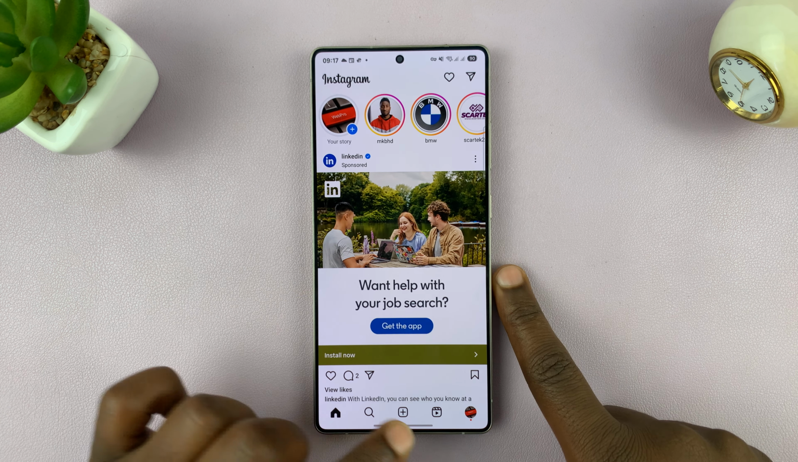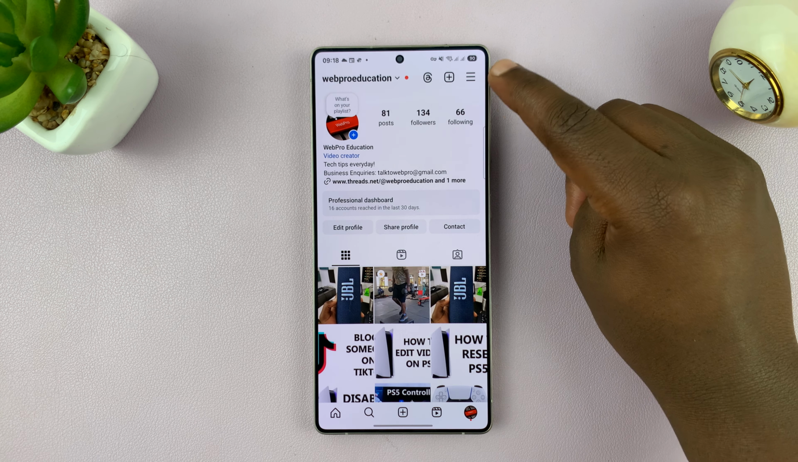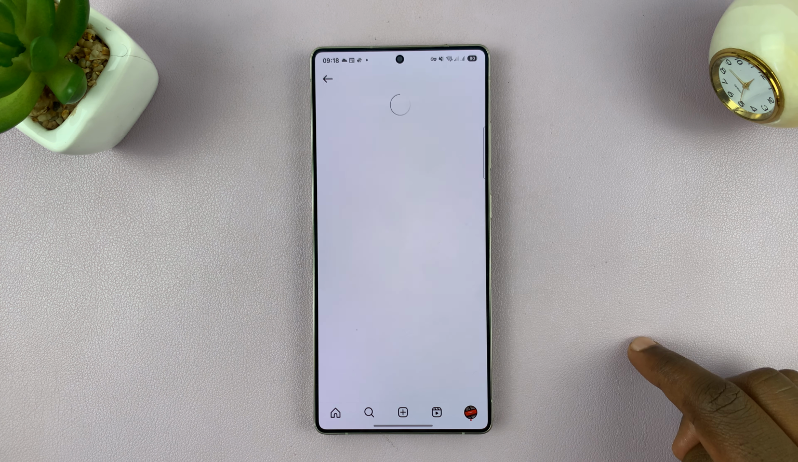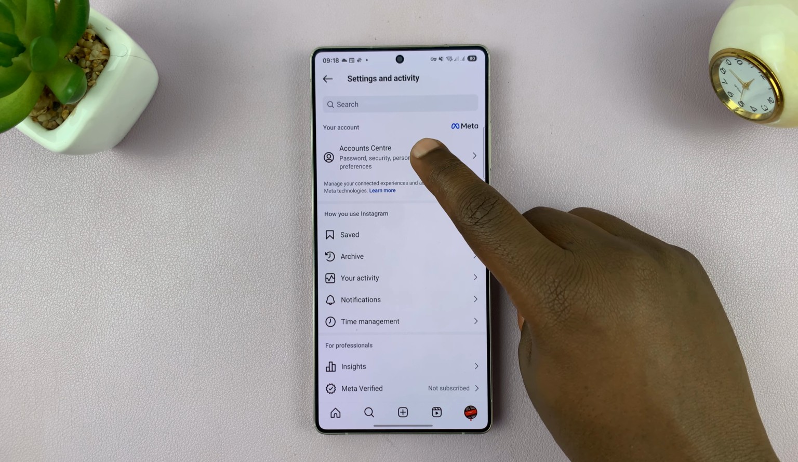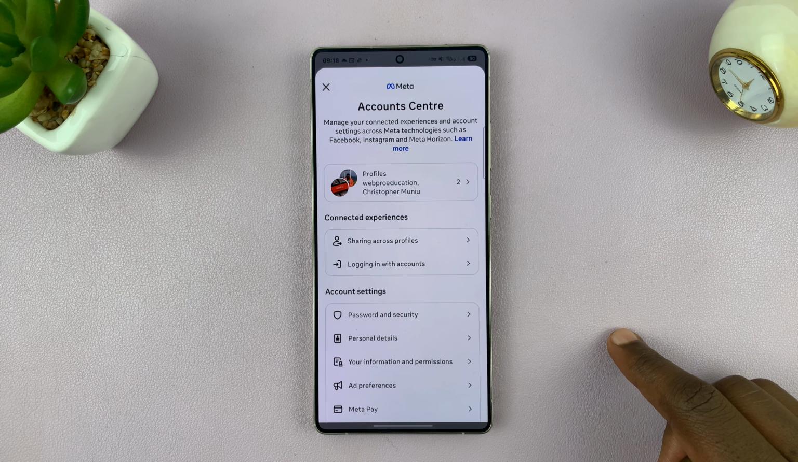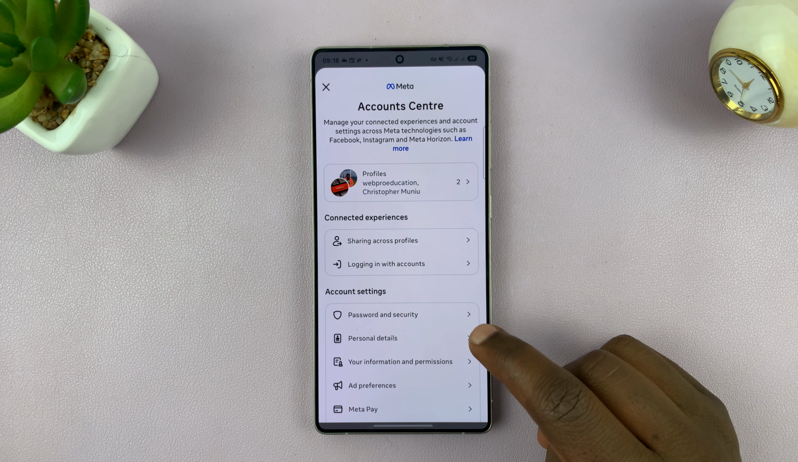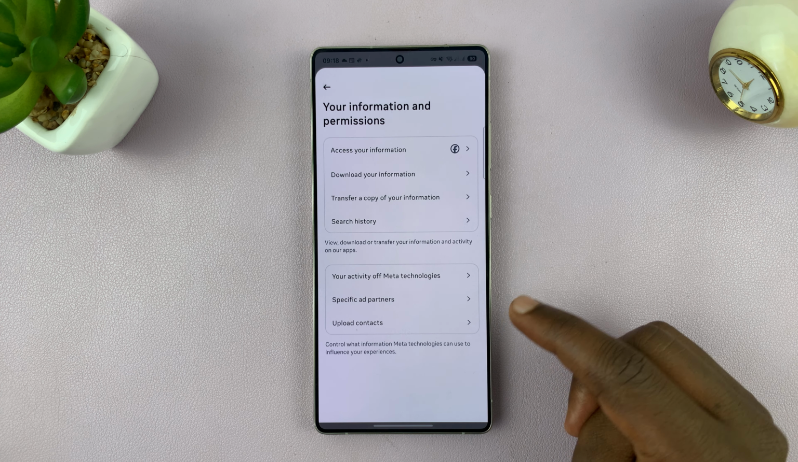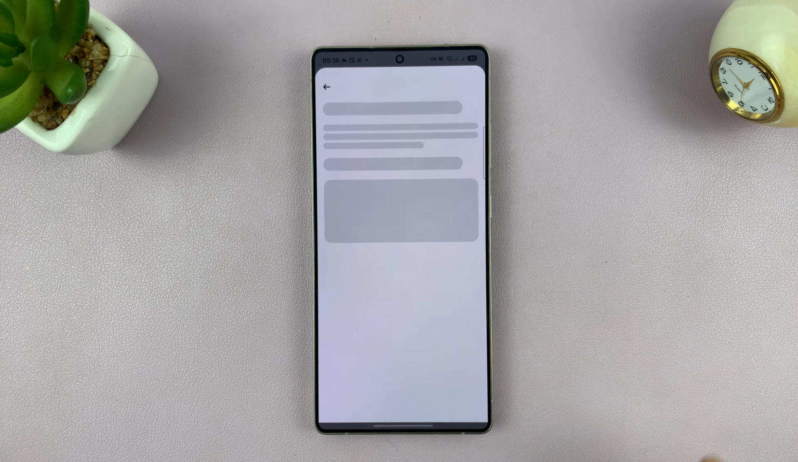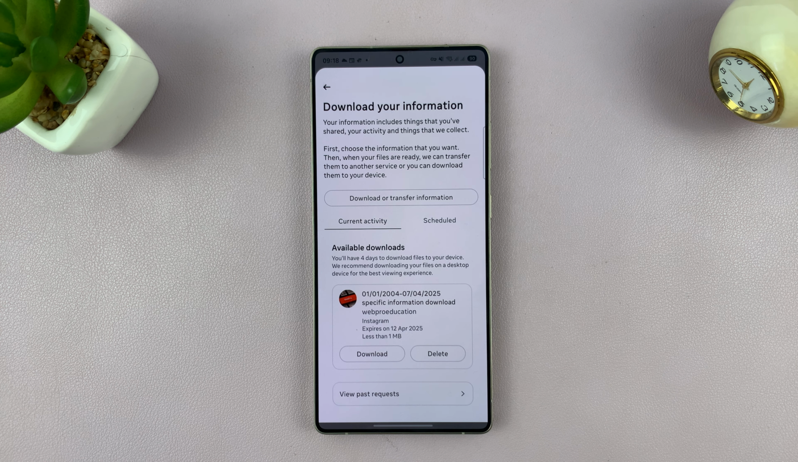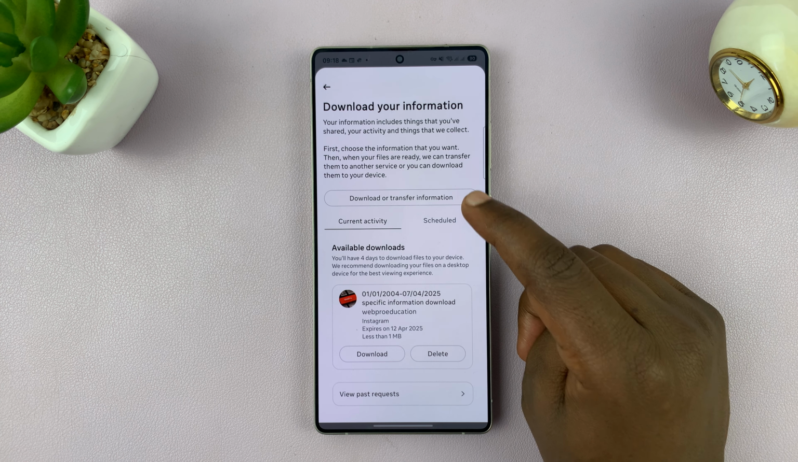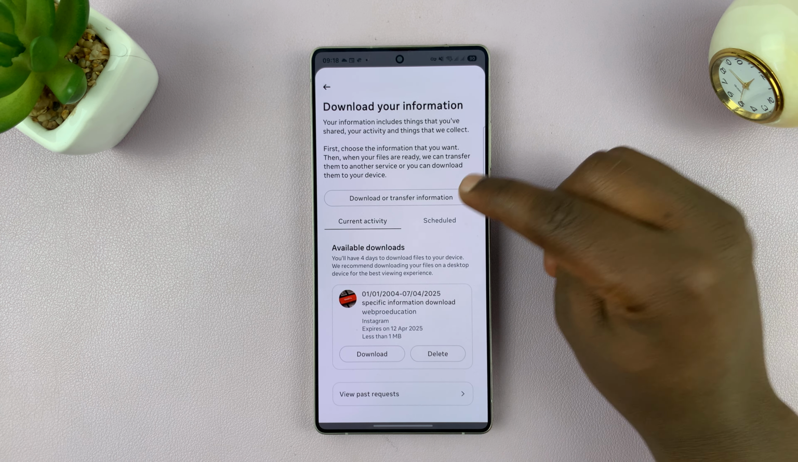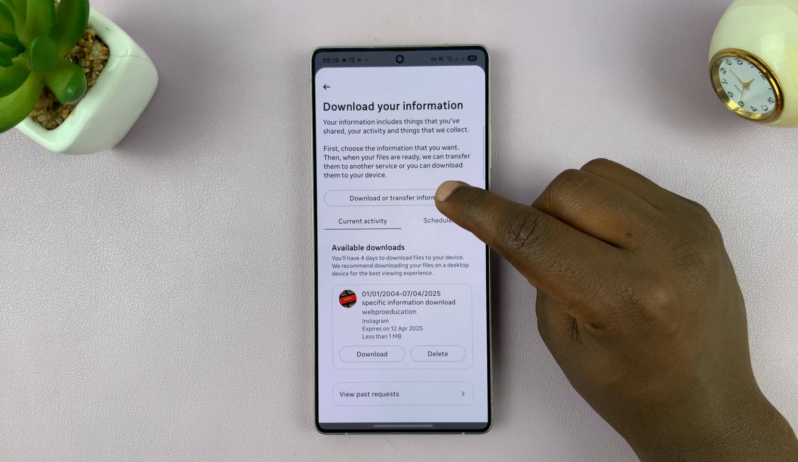So just go to your profile page, and on the profile page, tap on the three-line button in the top right corner, and then go to Account Center. Under Account Center, go to your information and permissions, tap on that, and then tap on download your information, tap on that, and then you can request to download or transfer your information. So just tap on this one,